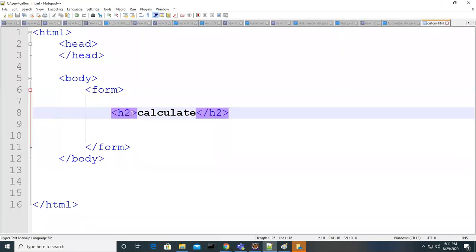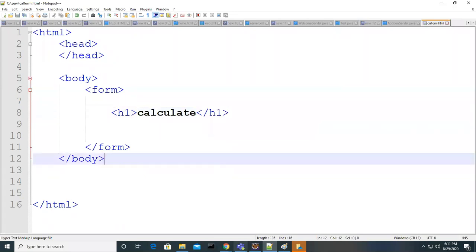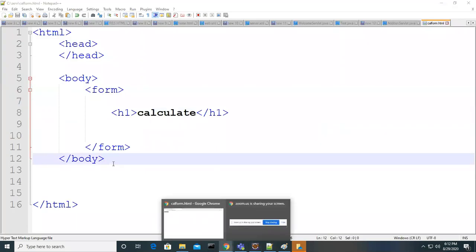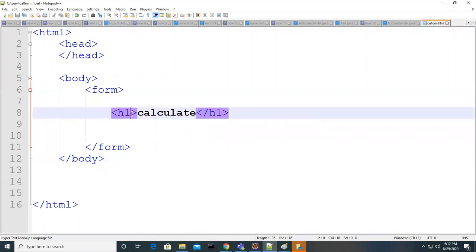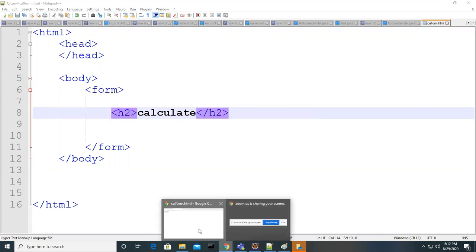Okay. So you can observe that H1. Again, I'm going to make it H1 and save the file. And it got a bit big, right? Look at this. You can see the field here, it's very big. And now I'm going to change it to H2 tag. The moment I do the H2 tag, it got small.